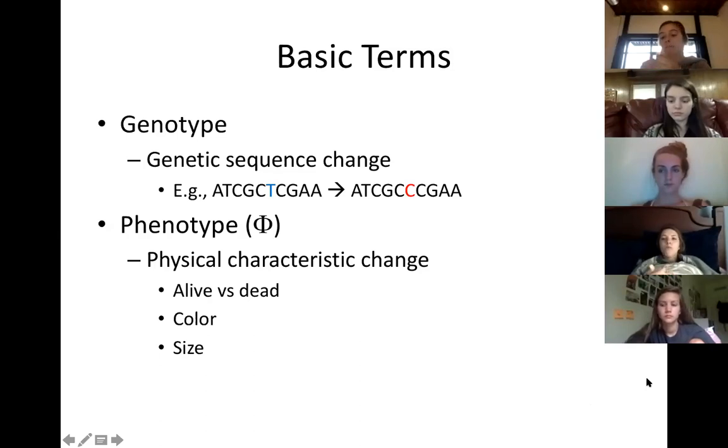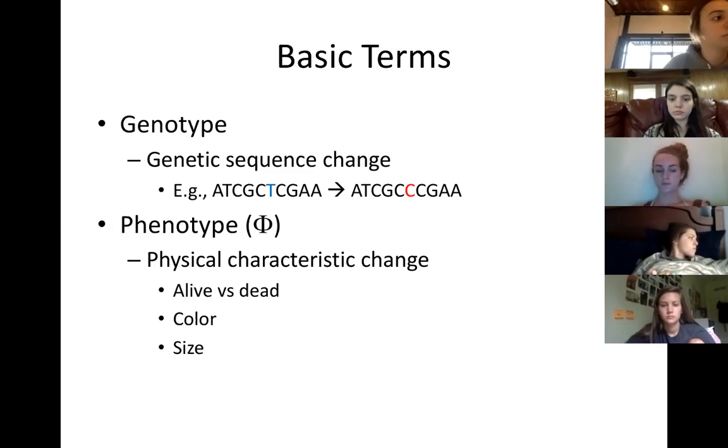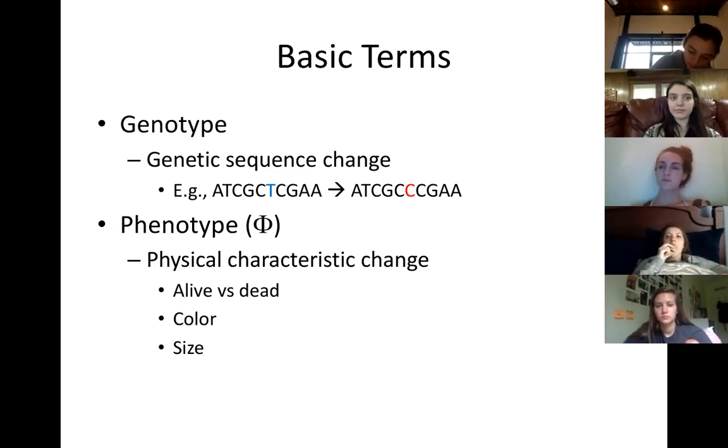But we would do this little test where you'd have these little pieces of paper that were edible, and they would have different chemicals on them. Some people could taste it and some people couldn't, and that is actually a phenotype. Sometimes I think the term physical characteristic can be a little misleading. I like to think of a phenotype as something that you can easily measure. You can measure somebody's ability to taste or not taste something, or to hear or not hear something. So there are a lot of different examples of phenotype.